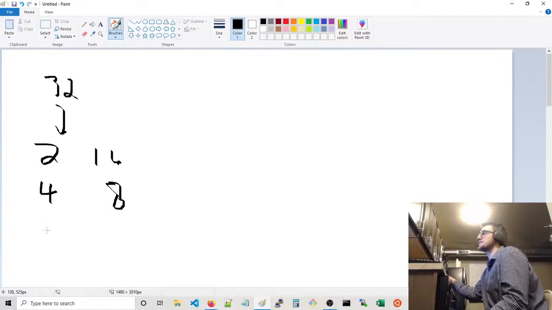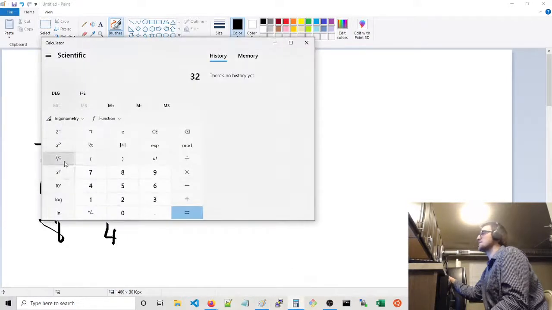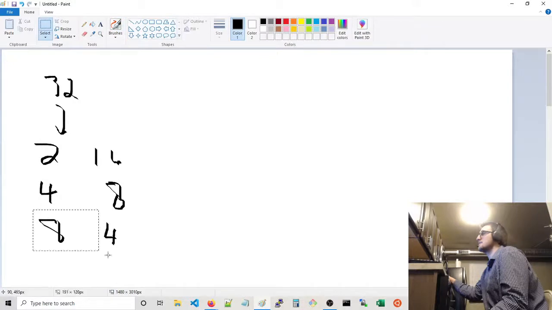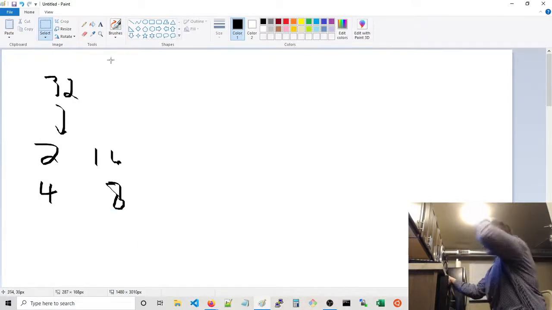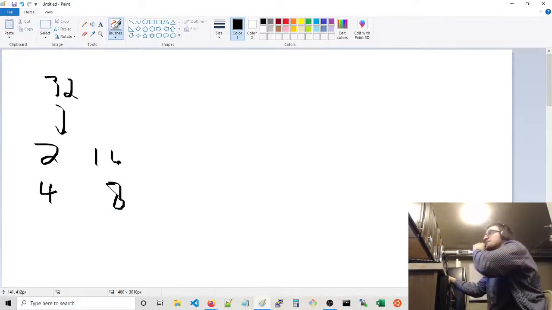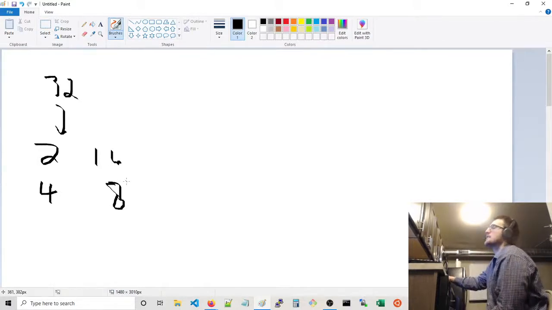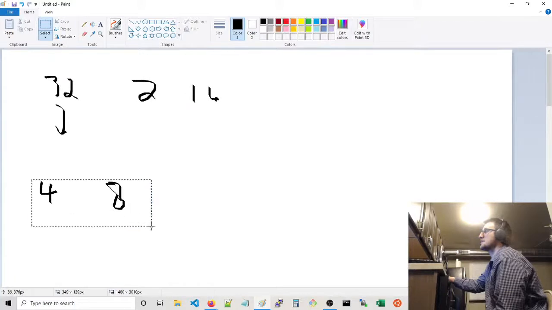But the square root of 32 is only 5. So it's actually done right here: 2 and 16, 4 and 8. What you do is take 2 and 16, take 4 and 8,